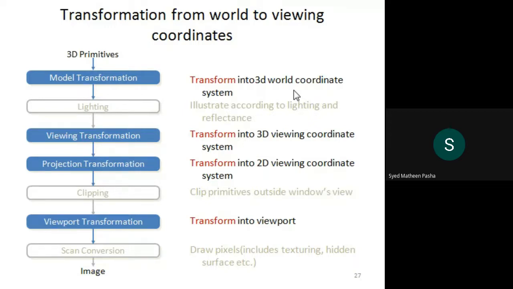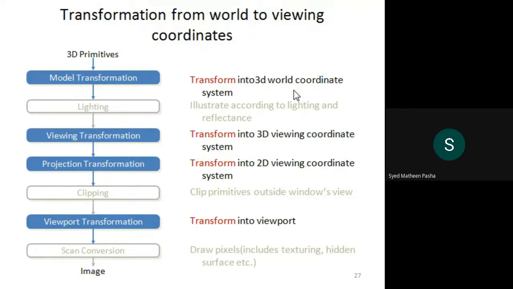Do remember what this transformation from world coordinates to viewing coordinates is. It is nothing but conversion of an object from world coordinates to viewing coordinates, which are basically obtained with the help of some sequences. In this conversion, we'll basically use two sequences, that is conversion sequences. One is translation as well as applying rotation. The first is to translate the view reference point to the origin. That is the first point you need to remember.